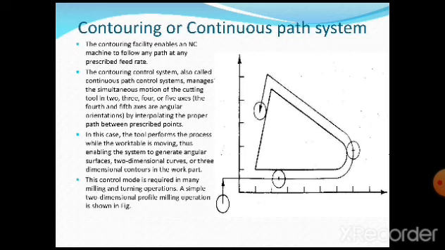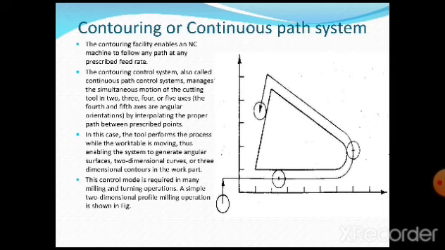So let us have an understanding about the third type of motion control system. It is called a continuous path. As you are going to see very clearly here, there is again a starting point, and you are going to have a graph of X and Y axes, and also you are going to see how the tool is made to move to cut a curved surface on a given workpiece. Whenever we want to cut a curved surface, we require to specify so many things, because it is not like a regular point to point or a straight cut system. That is why the motion control system becomes more and more complex.